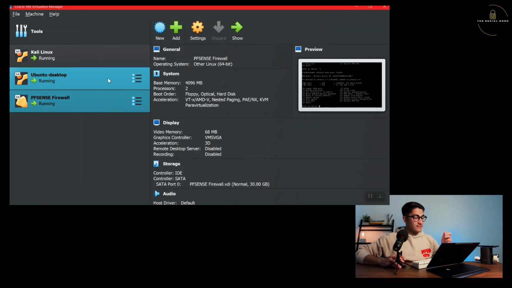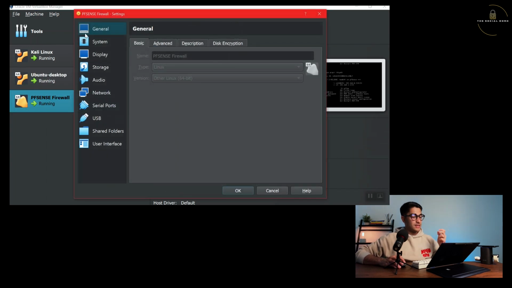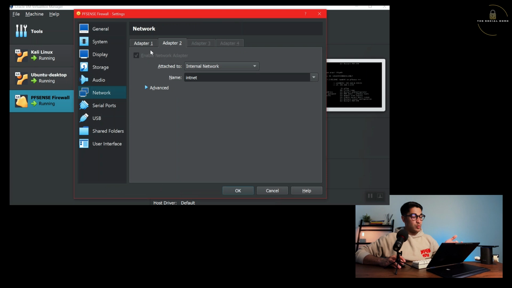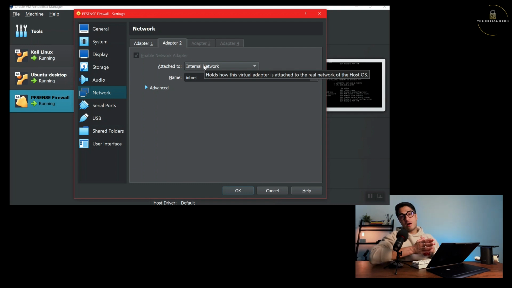And if you go to the PFSense settings, again under the network tab, there are 2 adapters. One is a WAN adapter, which connects into our home network again. That's where I would like to access our PFSense over, so we'll be accessing our PFSense web GUI through our home network, and that's the reason why I set it to be a bridged adapter. And similarly, just like the Ubuntu, the second adapter is going to be an internal network, which connects into our